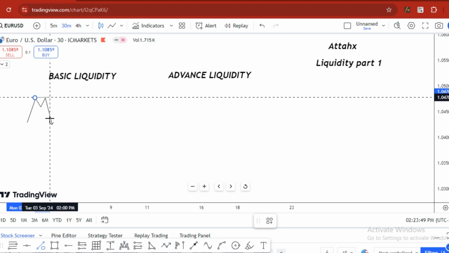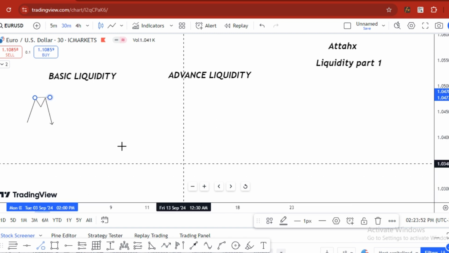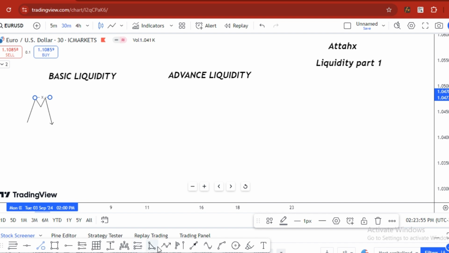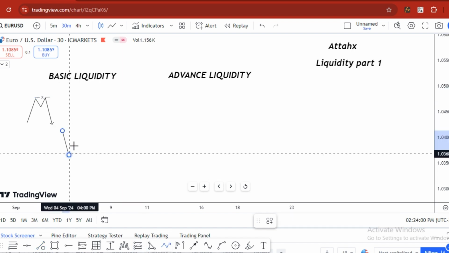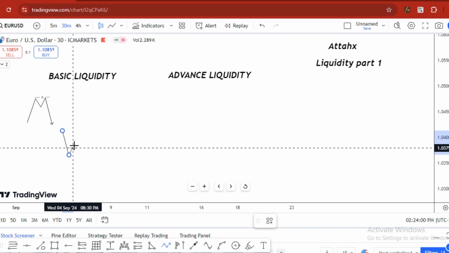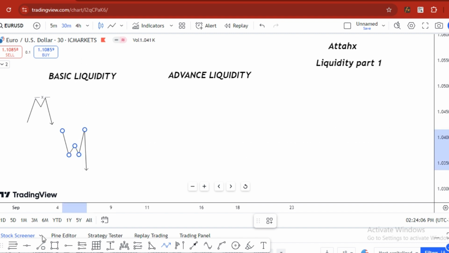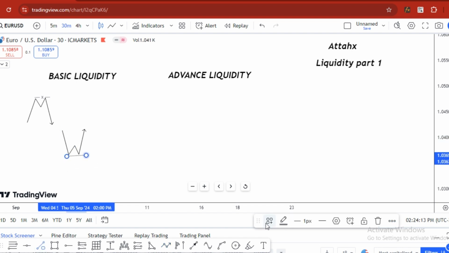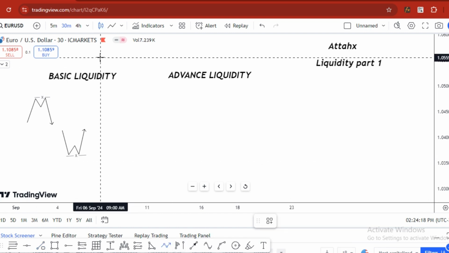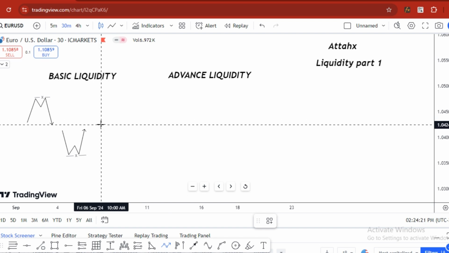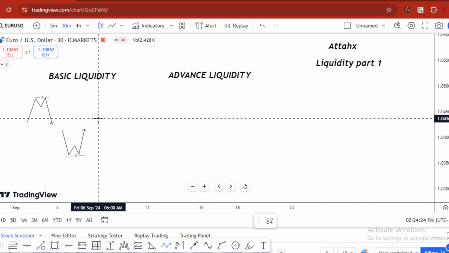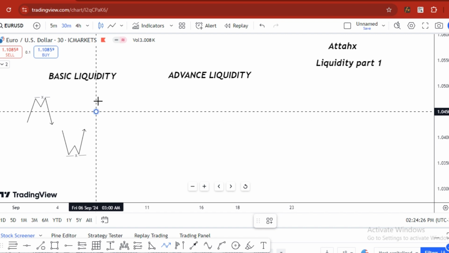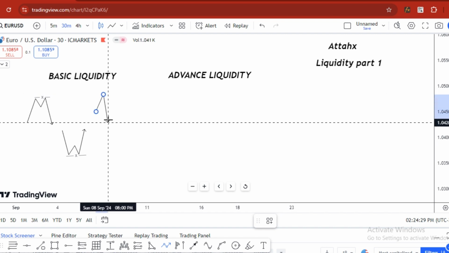And then we have the double bottom, and then we also have the trend line liquidity, which many of you guys know, or we can also call it order flow, which is an example like this,